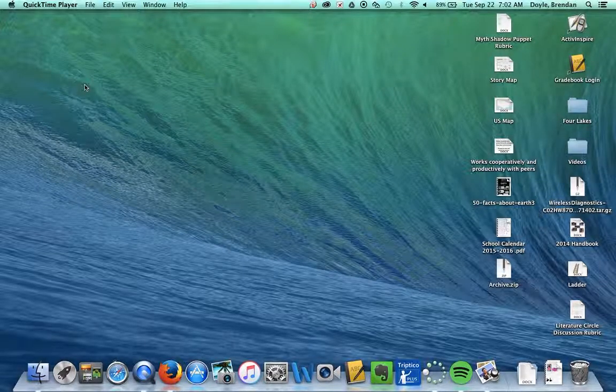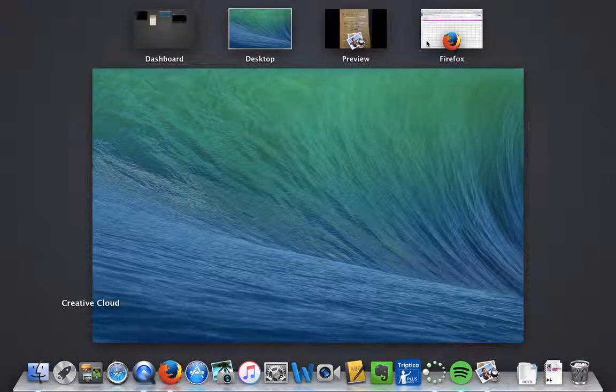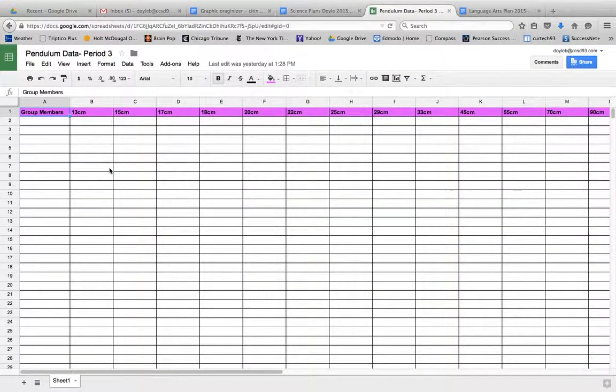We're going to work on making a graph using Google Spreadsheets. In the Google Classroom, there's a link to a spreadsheet that looks like this. This is for period 3, and then there's another one for period 6 and another one for period 8. If you look up across the top, there's a column for group members, so I'll type my name